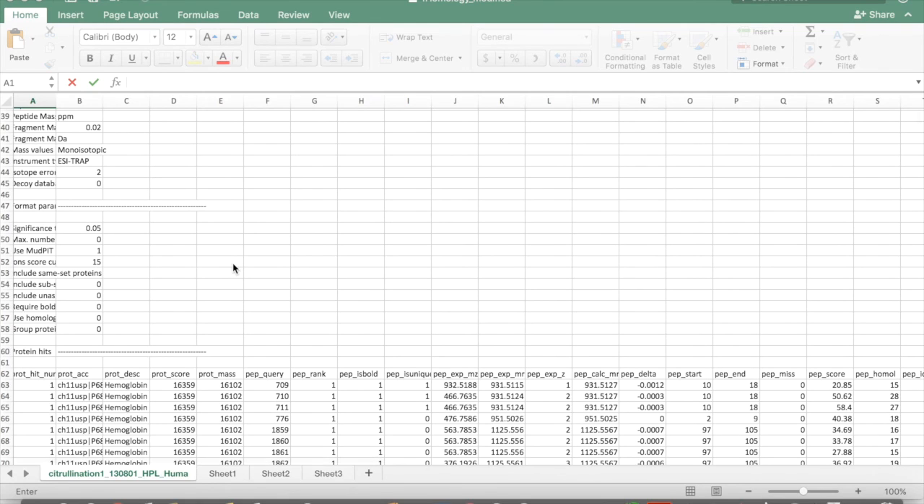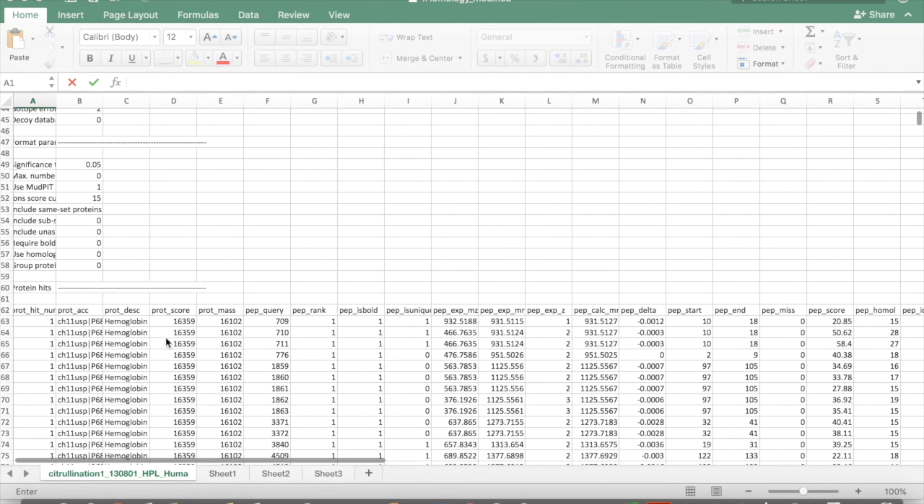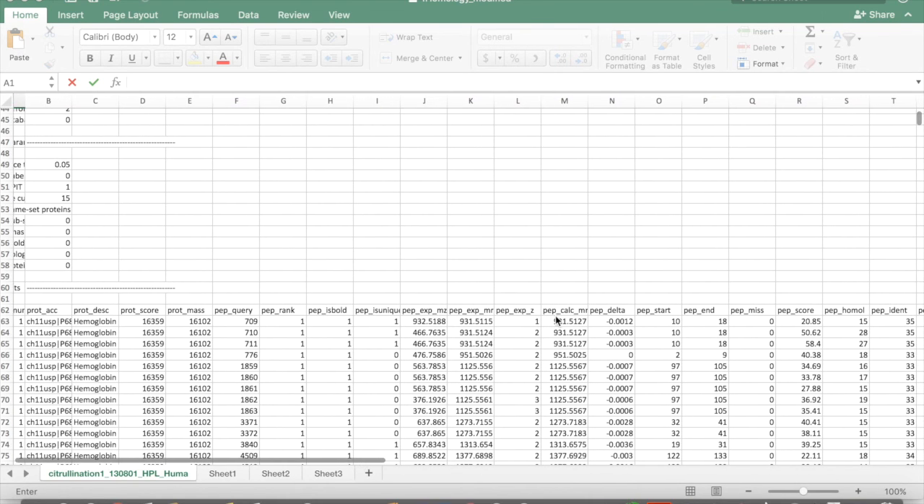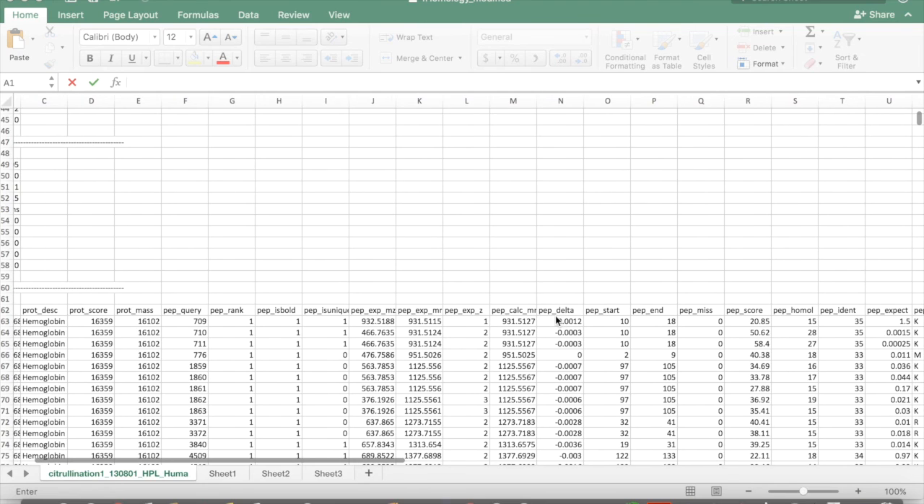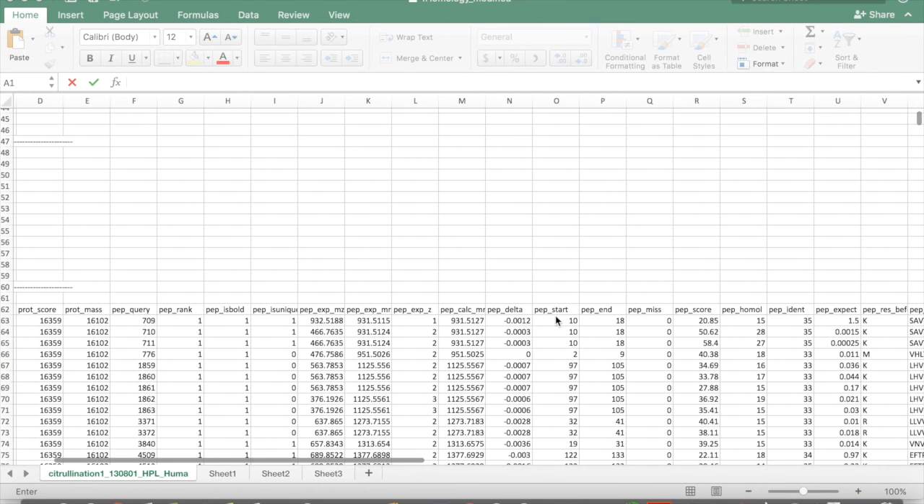The headings for the columns include protein description, which is the FASTA title or description line of the protein, protein score, protein mass, peptide expected MR, which is the observed relative molecular mass of the peptide, peptide expected Z, which is the observed charge state of the peptide, peptide calculated MR, which is the calculated relative molecular mass of the peptide, peptide delta, which is the calculated relative molecular mass minus the observed relative molecular mass,